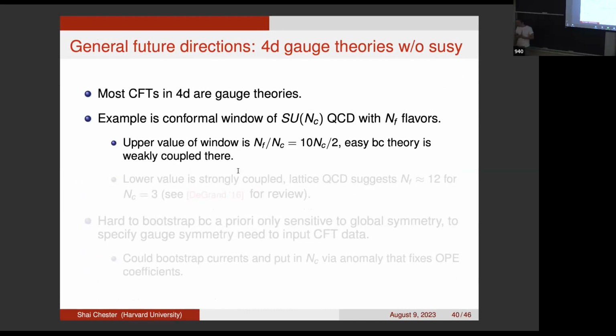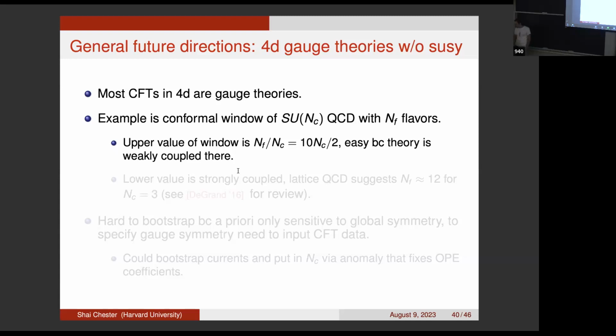In fact, most CFTs in 4D are gauge theories, which is why they're so hard to study. Because the bootstrap only puts in the global symmetry, it doesn't put in the gauge theory. And that's why there have been so few results for gauge theories if you don't have supersymmetry. And so a classic result we'd like to understand, which is related to confinement, is the conformal window of QCD